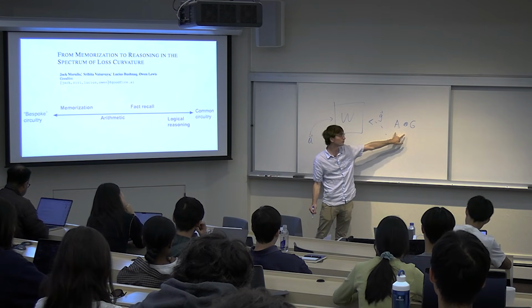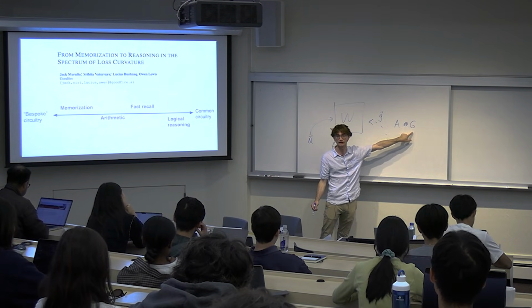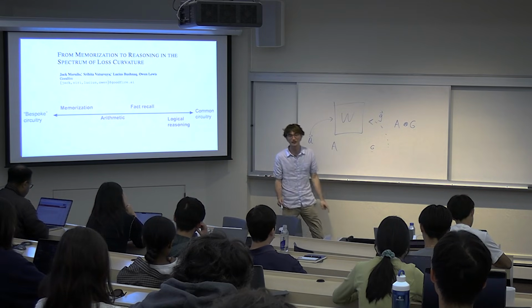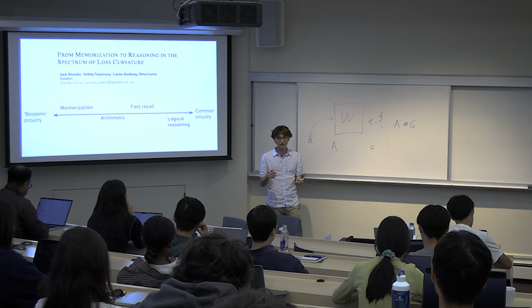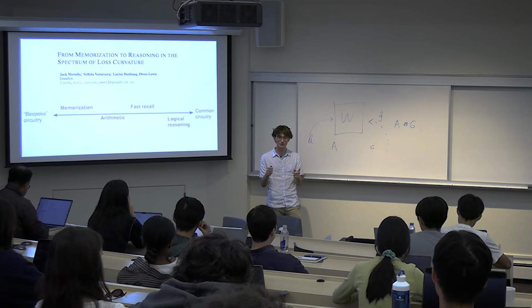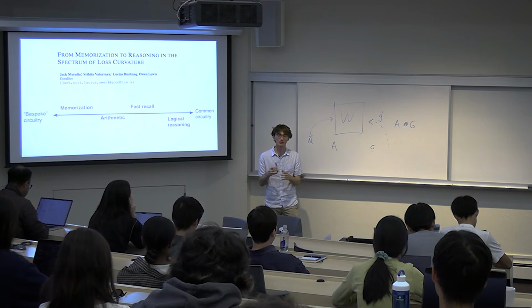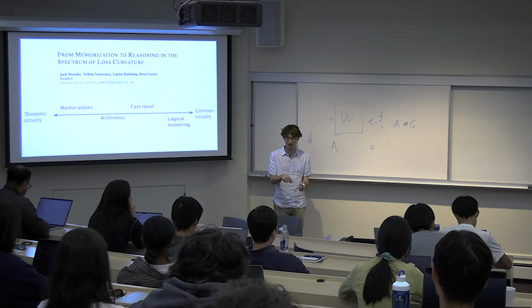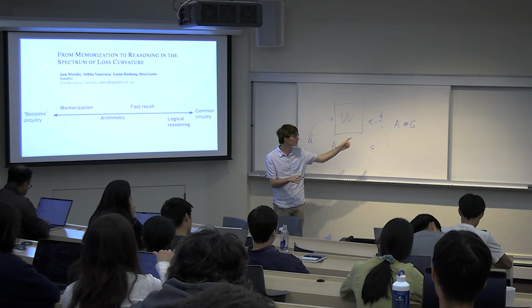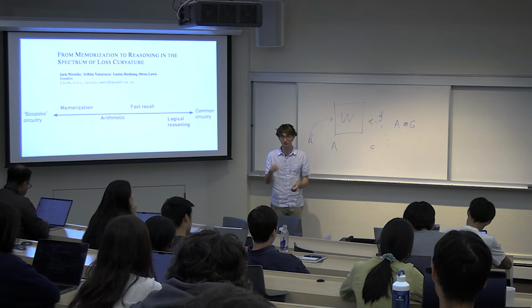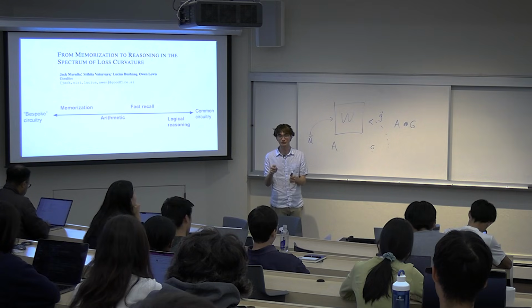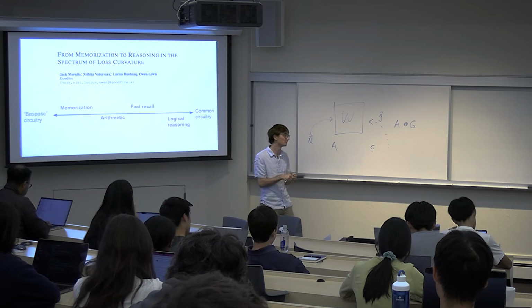This is the Kronecker product between the activations covariance and the gradients covariance. The idea here is that we can connect this to memorization and reasoning through prior work connecting loss curvature, which is represented by this, to memorization. So maybe that's a couple jumps, but basically